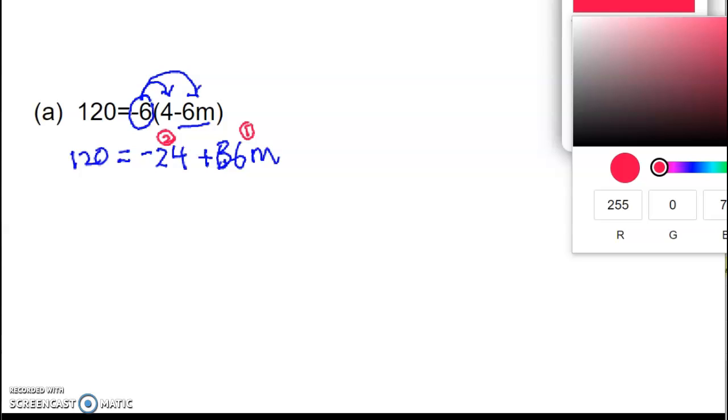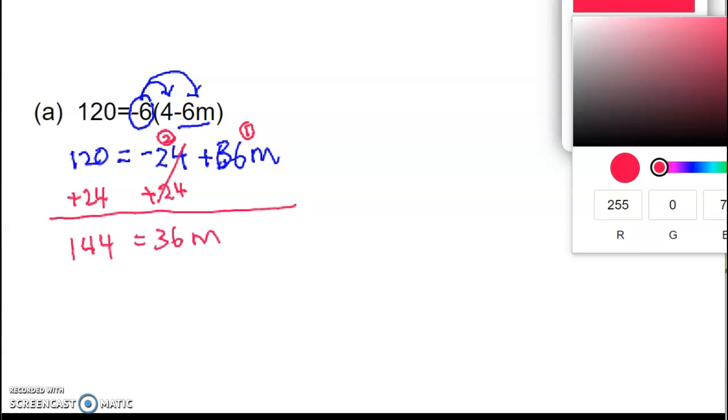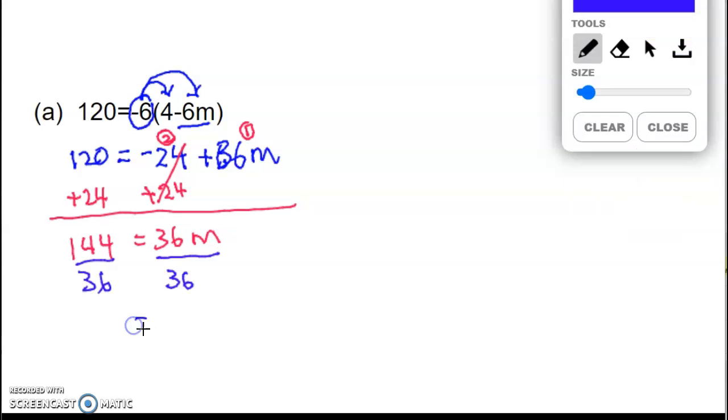Okay, so how do I undo subtract 24? I add 24 to both sides. And this goes away and this becomes 144 is equal to 36m. And now we need to divide both sides by 36 because 36 is being multiplied to m, which leaves me with m is equal to